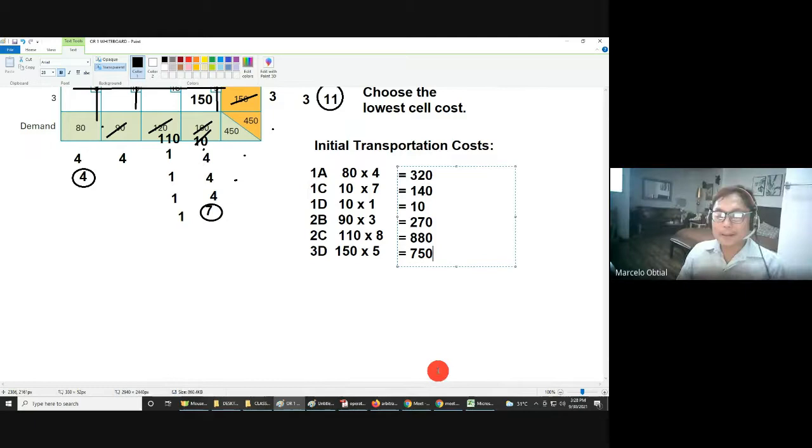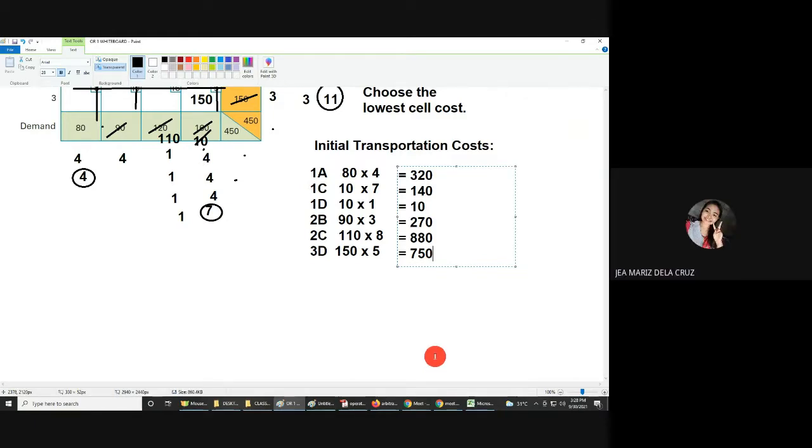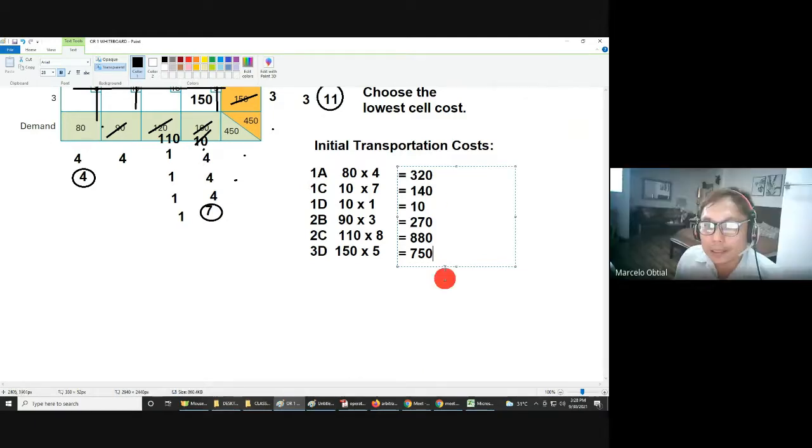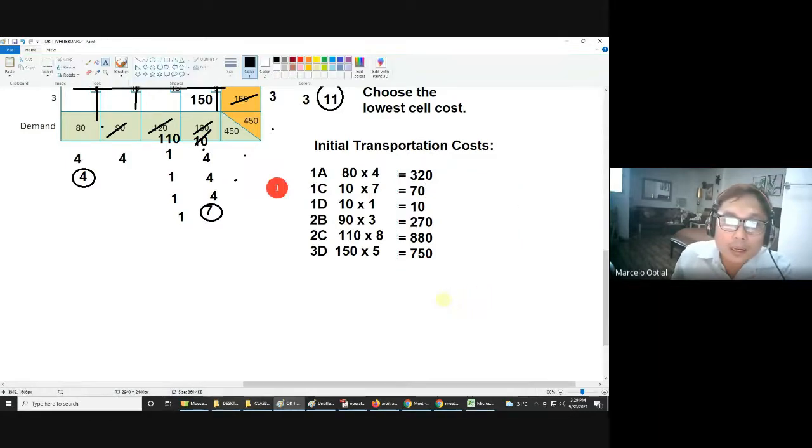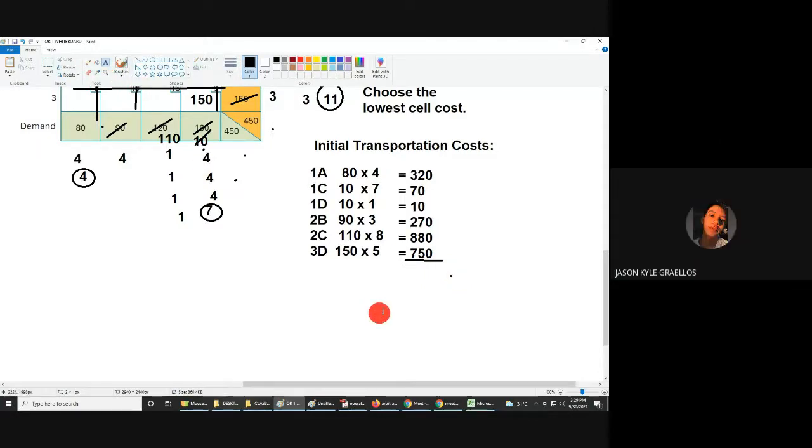Yes? May mali? 70 lang po yung sa 1C, sir. 1C. Ay. Pwede ano. Eh, ako ang mata ko, imbis na 10 makita ko, 20 or 2 ba? Okay, so next. Can you add, please? 2,300. Okay,